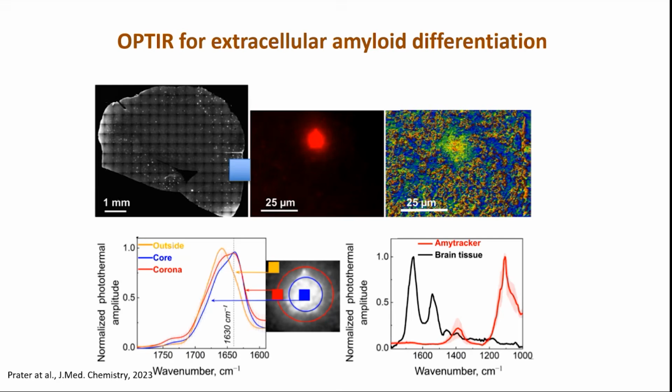The next image shows the structure of this amyloid plaque in an OPTIR infrared image. And if we take spectra, we can clearly differentiate the polymorph heterogeneity present in the core, in the corona, and in the pericore area. So even more,